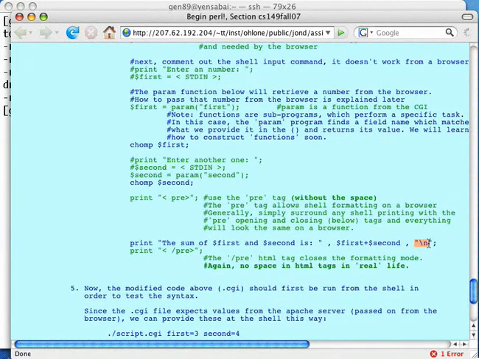It's going to basically simulate exactly what you were printing before in the shell. And so it's very simple. Just precede any print statements you have with a pre, and at the end of your print statements you issue a closed pre, which has a / right in front. Now, just remember, just one command, and then you can have 25 print statements if you want following. And when you're all done with your printing, issue a final print statement that closes